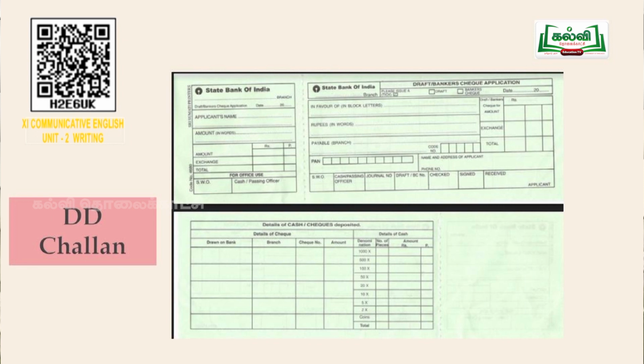Okay, you need to mention only the DD amount. That has to be given there in words as well as in numerals, and you need to fill up the exchange or something that will be given there. Whether you are giving that in cash or by check, those details have to be filled up. If it is cash, then you need to fill up the denominations,